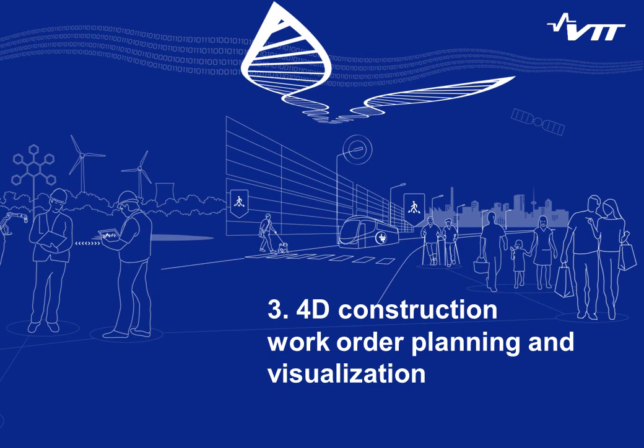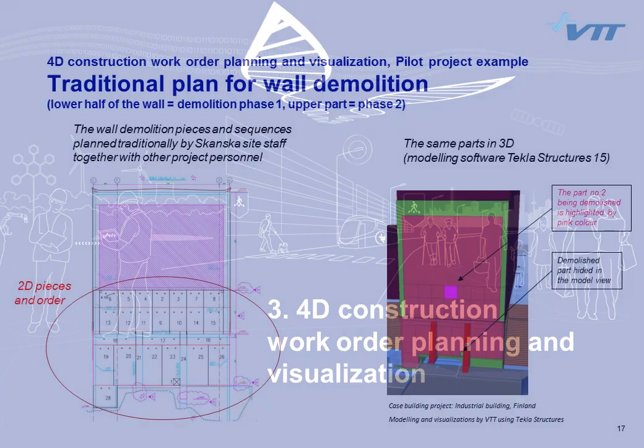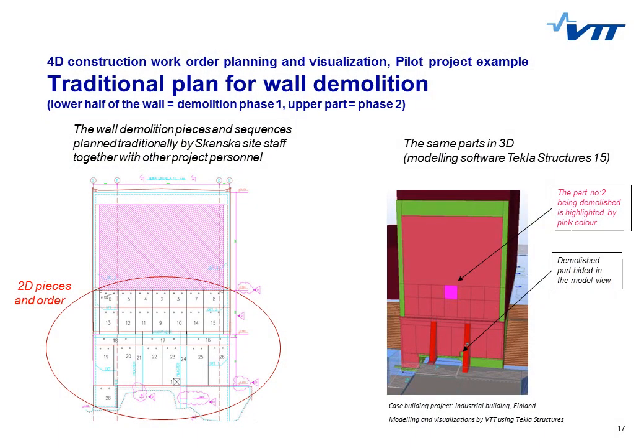Third area where BIM can be used for safety is different kind of 4D construction work order planning and visualizations, including safety aspect. And my industry example is related to wall demolition work. On the left you can see the traditional 2D plan made by the contractor, presenting the wall demolition pieces and